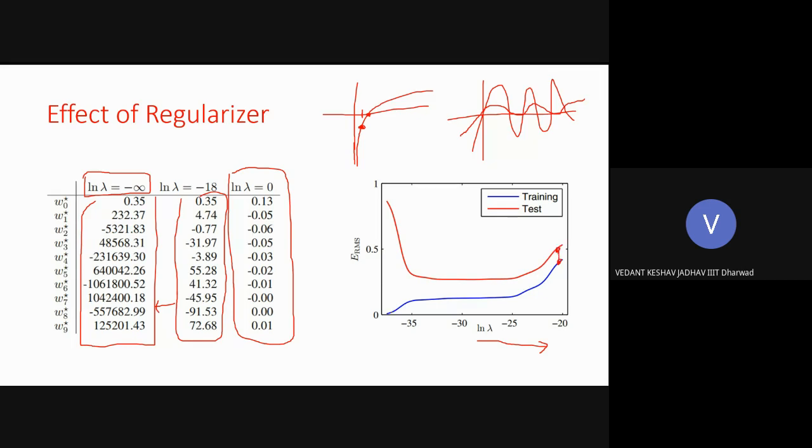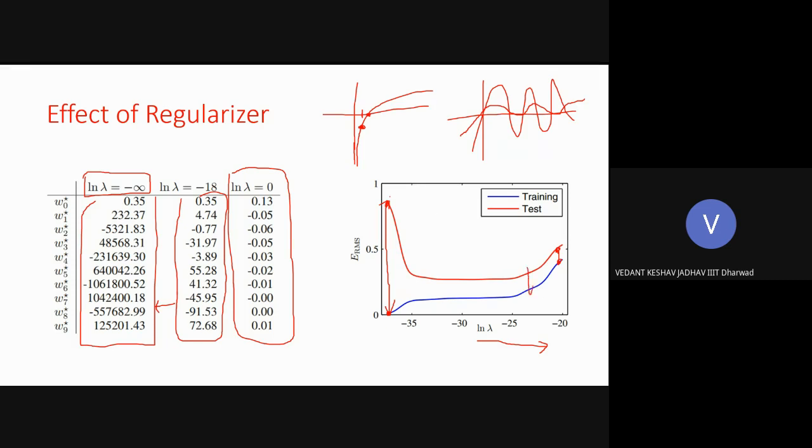But if you are here and you are not using any regularization, your training error will be 0. But the generalization is very bad, because there will be a huge gap between the training error and testing error. So the desired solution is to get less training error and less testing error, and they should be almost the same.